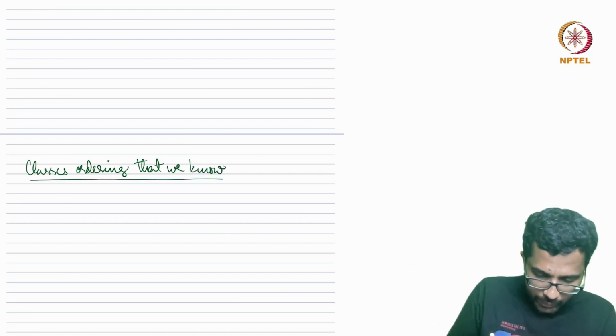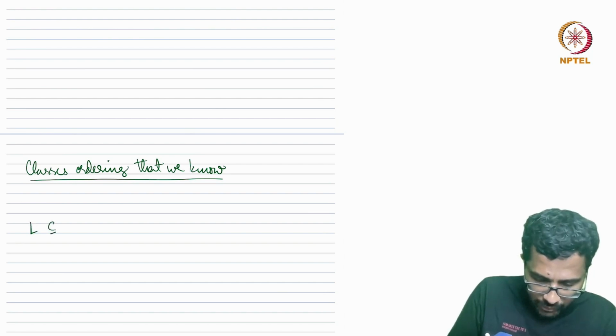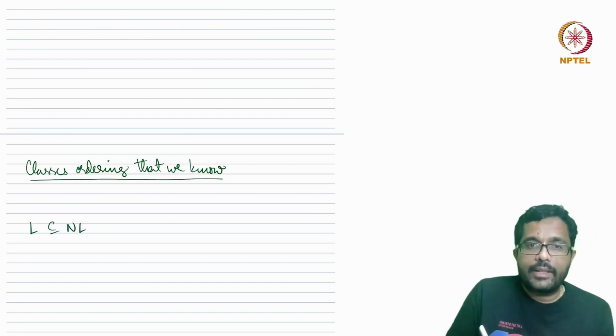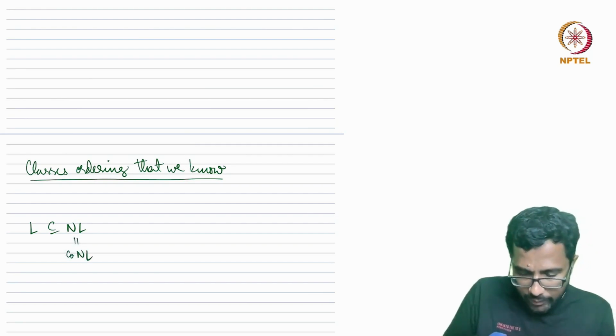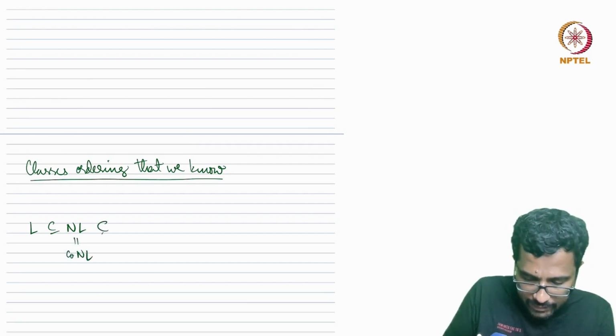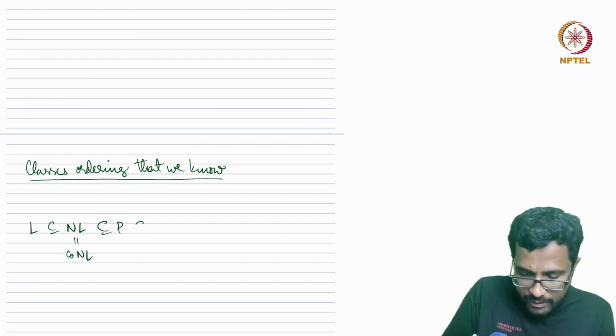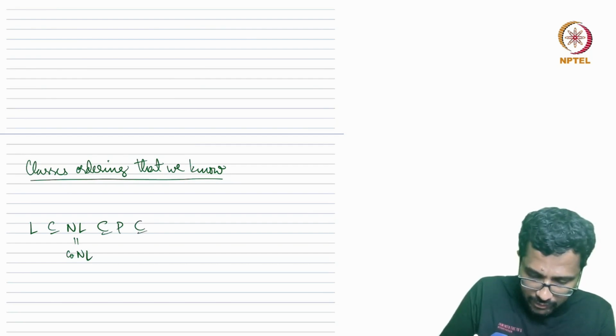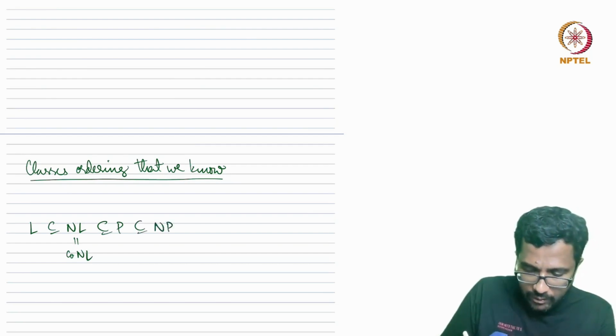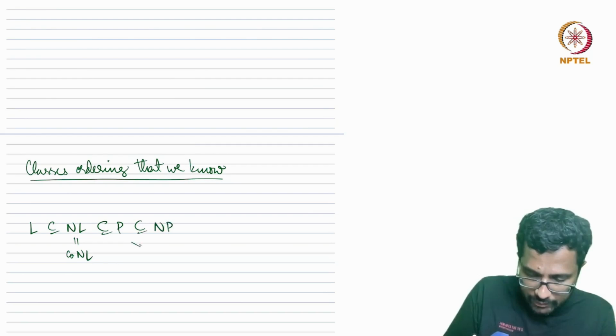L is the smallest. L is contained in NL, which is equal to co-NL. And NL is contained in P, which is contained in NP, which is also contained in